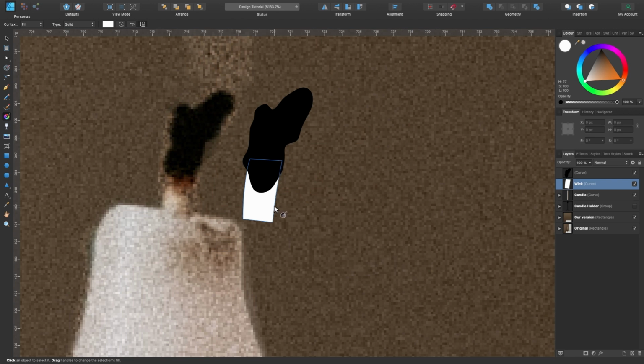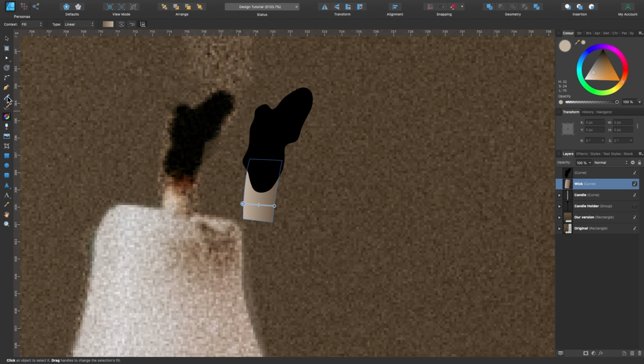So I'll just click on that. Click and drag out, just like we've been doing before. Color picker tool, some kind of dark color there. And with this one, it's slightly lighter, with a bit of brown to it, because it's obviously been burning around there. And you can see up here, it's a little bit brown from where the flame has been. So we can add another thing there.